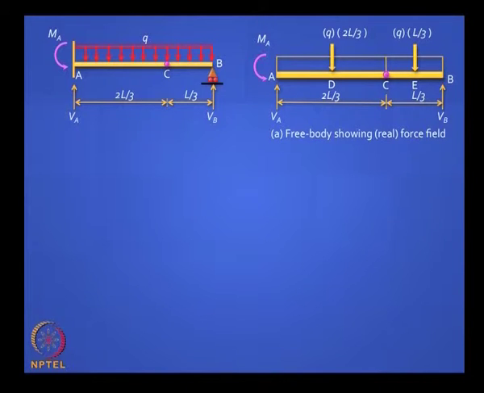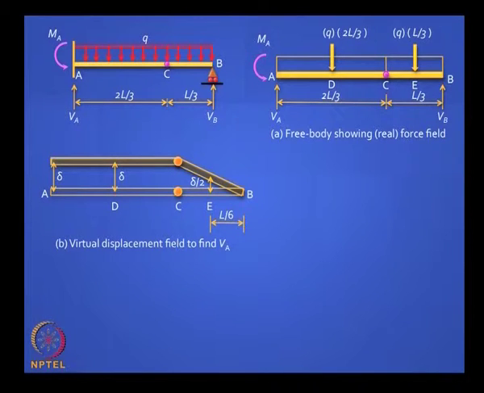Okay. So at the left edge, it is not shown, at the left edge you have a fixity. In this figure, please note there is a fixed end support at A, and you want to find these reactions. So what you do is, what you see on the right side is the free body of the force field is real. If you want to find the left reaction VA, you lift it up by delta, but lift it up in such a way that the fixed end moment at MA does not do work, so it must remain horizontal, and you will find this is the only way you can draw the deflected shape.